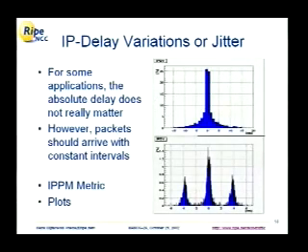We also have a jitter application for all the cases where you're interested in jitter or IP delay variations, which are typically the application where it doesn't really matter how long it takes for the data to reach your site, but where it's important that data arrives at constant intervals. Applications are like voice and video on demand. We follow the IPPM metrics, and we produce nice plots like the one shown on the right, which shows the jitter during a particular day for a particular connection. I could talk about the details of those plots for hours, but I won't have time for that.